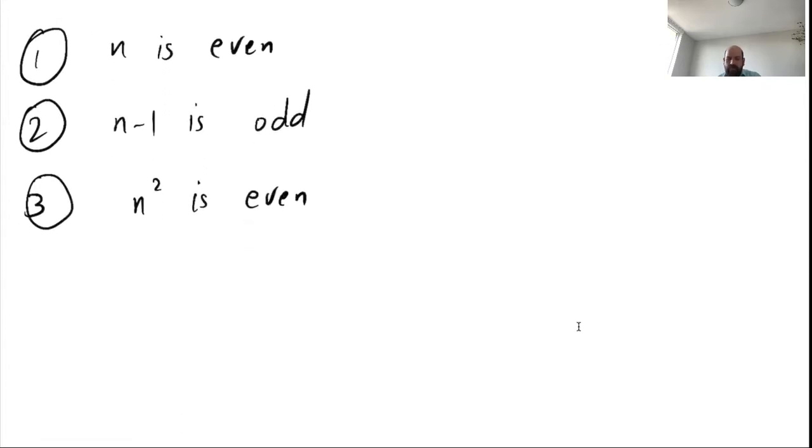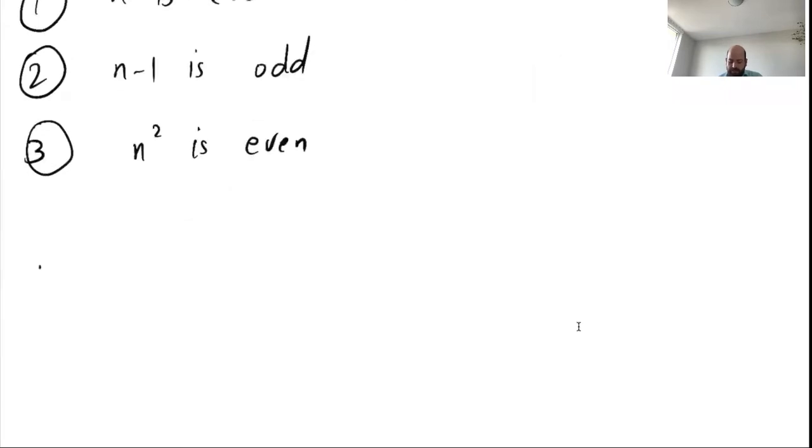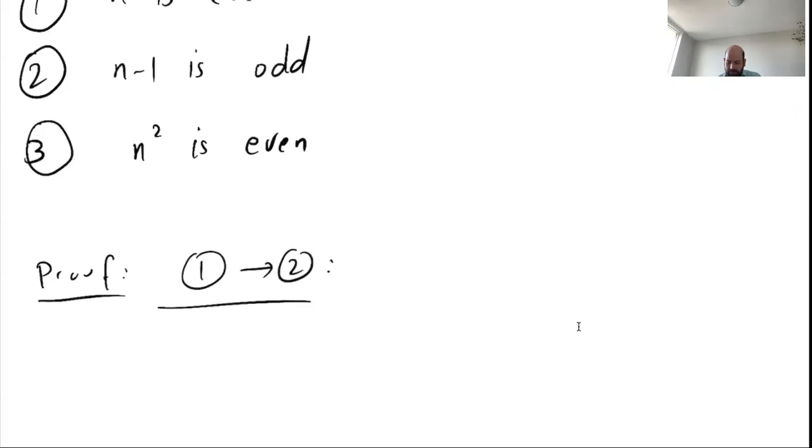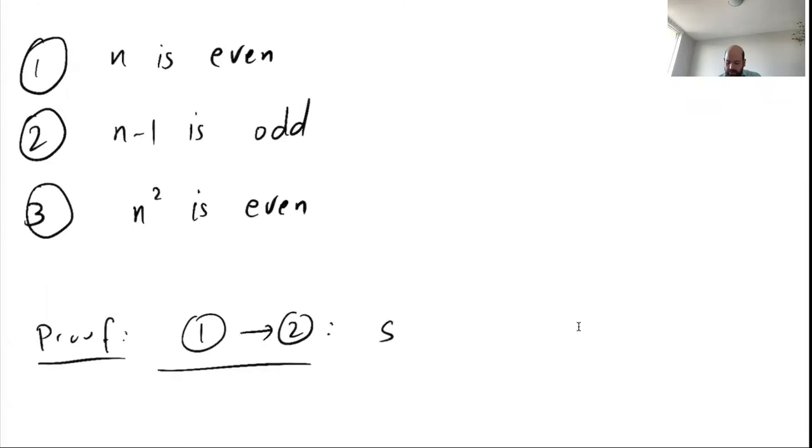So again, we want to prove equivalence of 3 statements. We can go from 1 to 2, then 2 to 3, then 3 to 1. We have to do a cyclic reasoning, so 1 to 2, 2 to 3, and then we go back to 1 from 3. So to prove 1 to 2, suppose